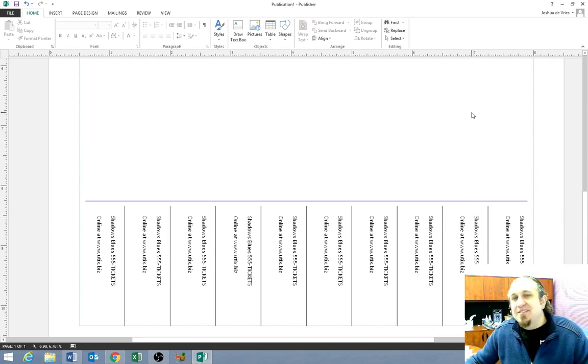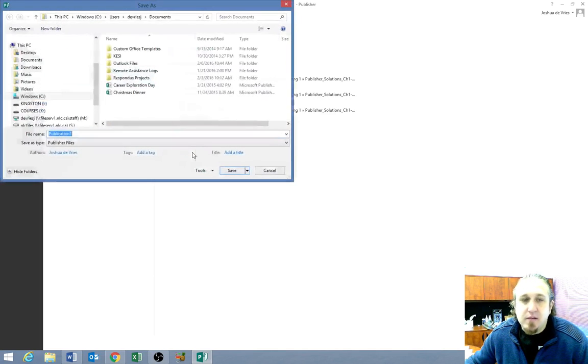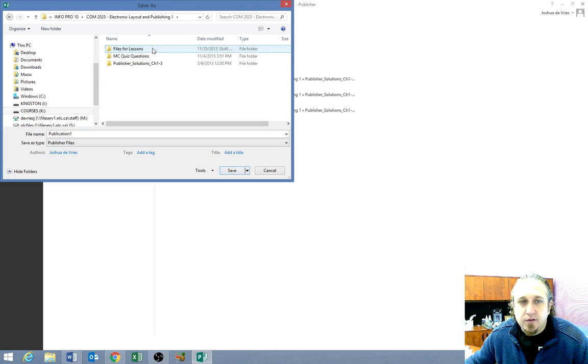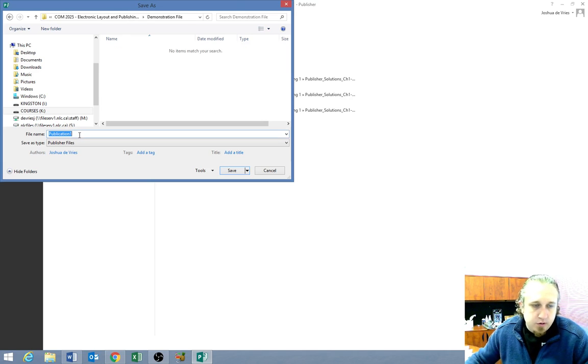The textbook is now asking us to save this document. So, same as all the other features, file, save as. And remember, for these demonstration purposes, I'm actually saving all of these in the same area. So we have the COM 2025. And again, I want to do new folder, demonstration file. And now we're going to call this Shadows,